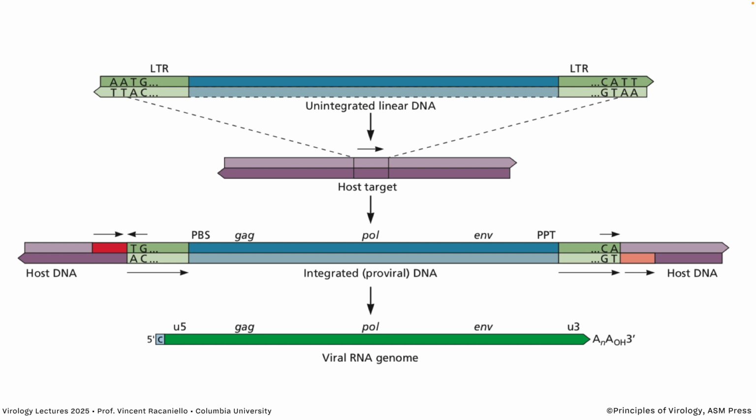This is going to be transcribed by host RNA Pol II because there's a strong promoter in the LTR. In fact, there's a strong promoter in each LTR. And so think of the consequence when this DNA integrates next to a gene in the cell that's normally silent. It could turn on the transcription of that gene. Remember that. Keep that thought. But the transcription is going to give rise to the viral RNA genome. Capped, polyadenylated, but no LTRs, just pieces of the LTRs. That's why they have to be regenerated during reverse transcription.